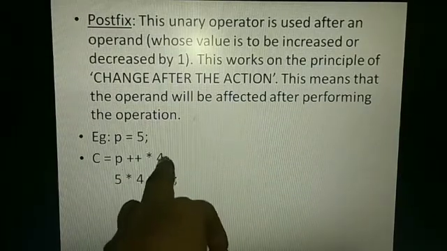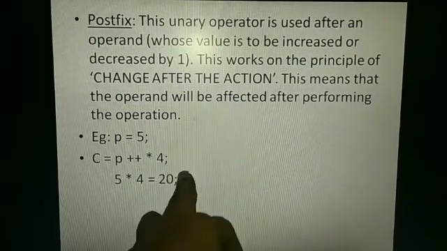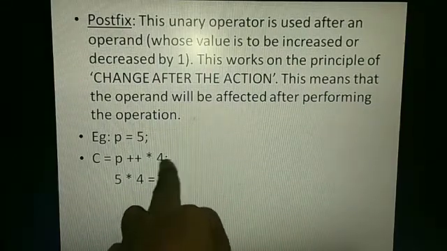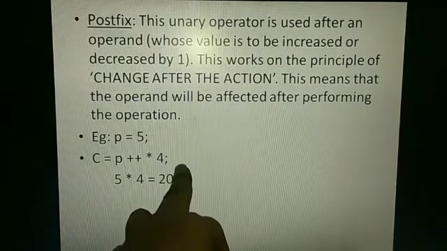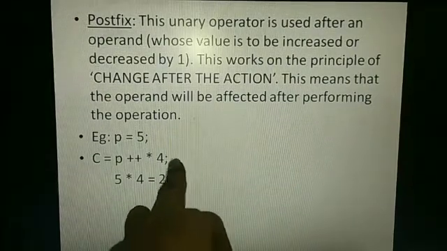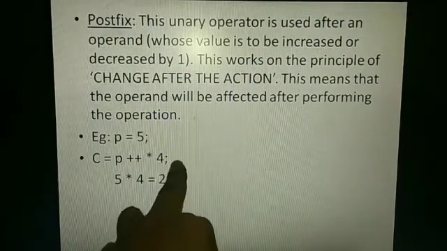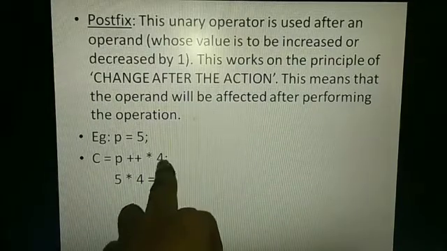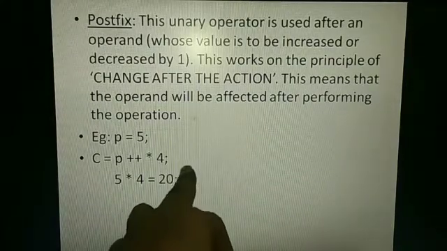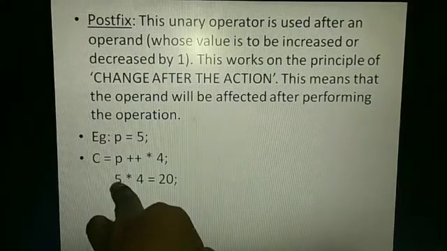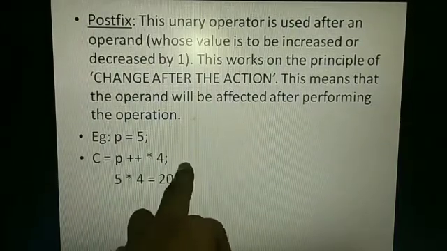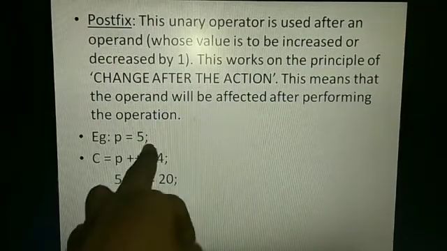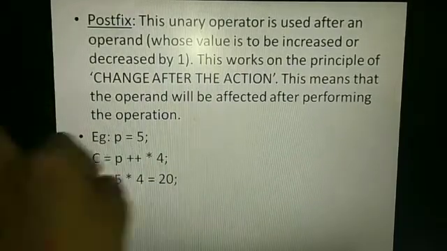But if after 4 there were plus P, then the pending increment by 1 would be added to P. But here it will stay as it is and stop.